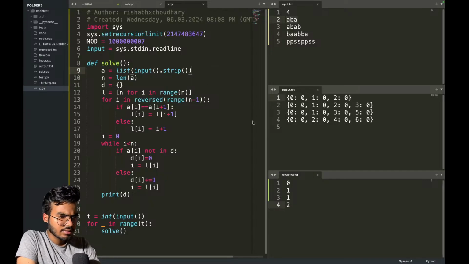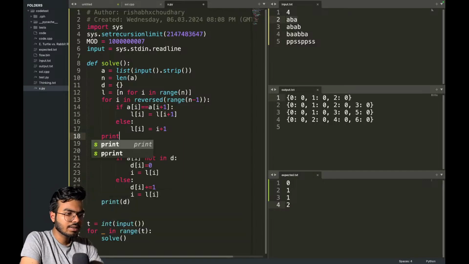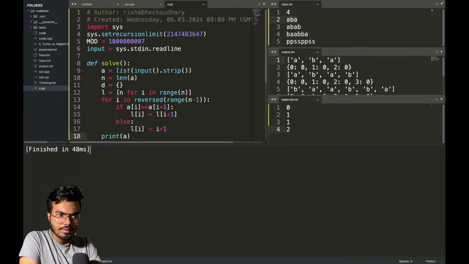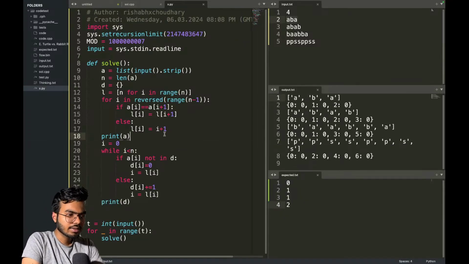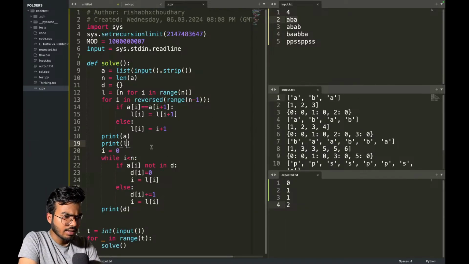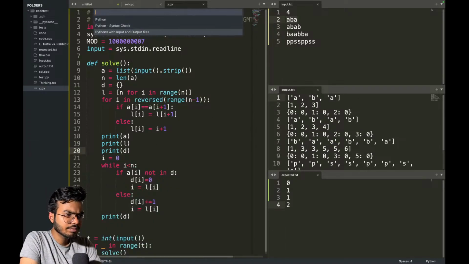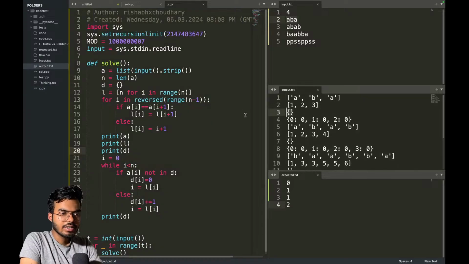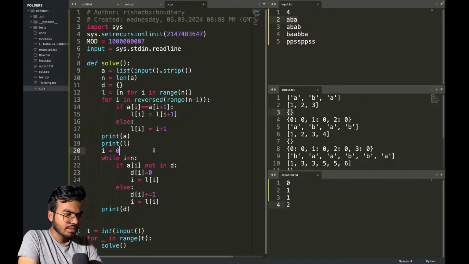0, 0. Where are we getting this? Wait a second. Let's print A. So we have this ABA, and let's also print the L, which is also correct. And now let's print the D value. Okay, so initially the dictionary is empty. Okay, that is correct. Now I is 0 while I is less than n. If A of I, so this is the A array,